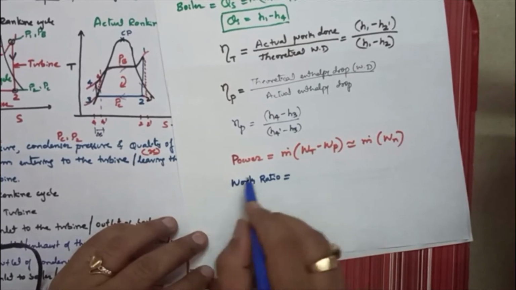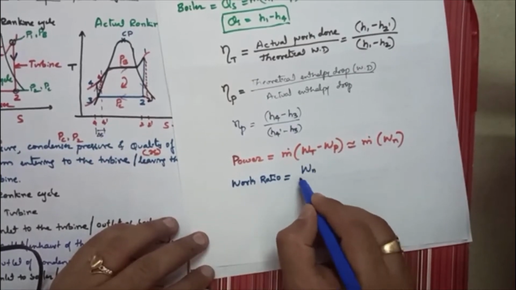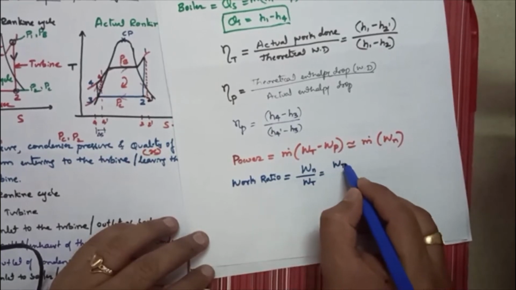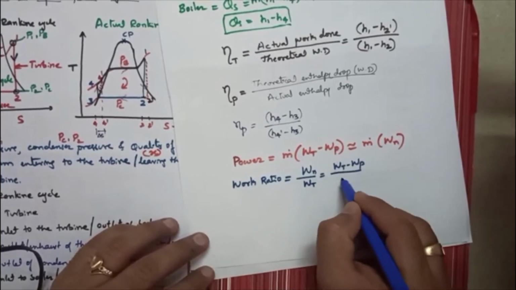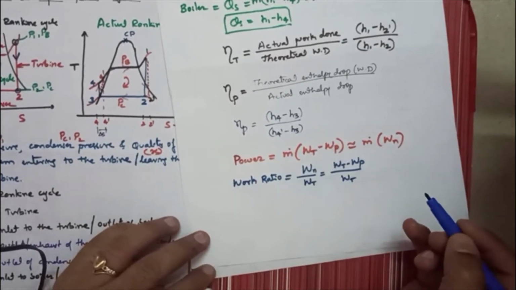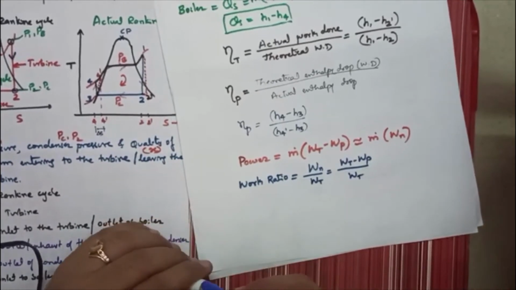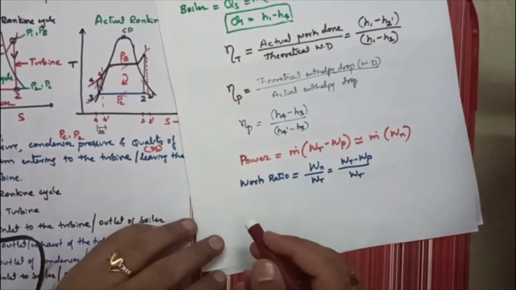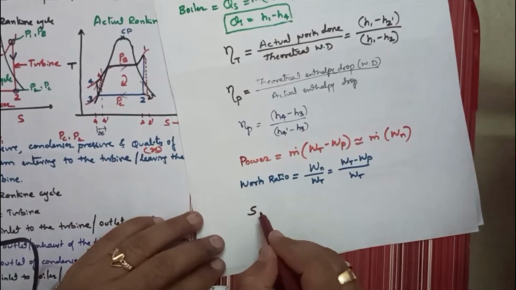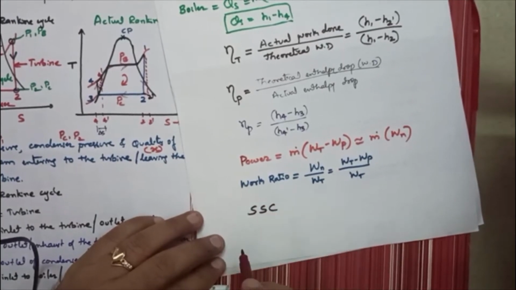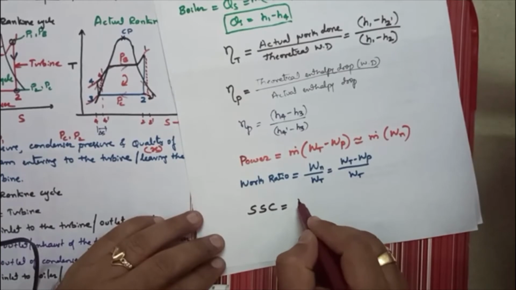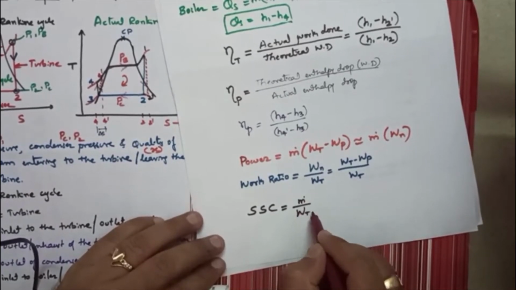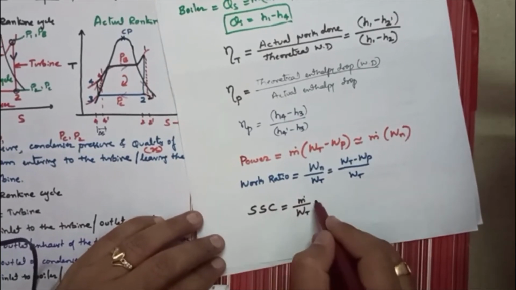Work ratio is equal to net work done divided by work done by the turbine, that is (WT minus WP) divided by work done by the turbine. So one more last formula is there. One last formula: you will be asked for specific steam consumption, which is equal to m dot divided by net work done, multiplied by